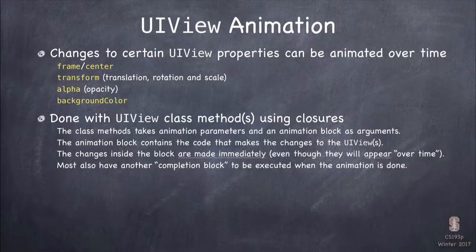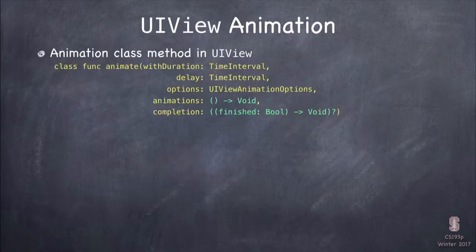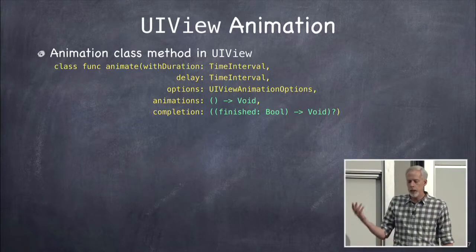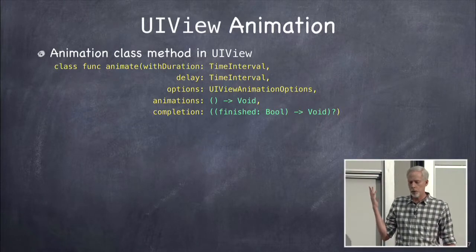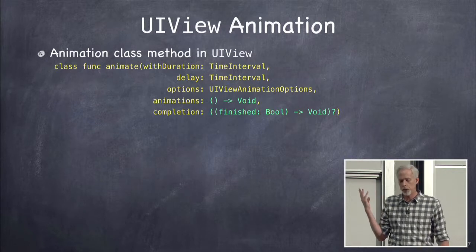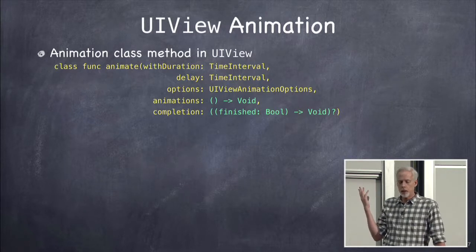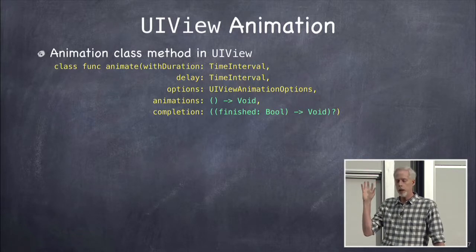Now, this animation of these vars is done using a class method in UIView that takes closures. And inside these closures, you're going to change these values. What the class method is going to do is animate those changes that you make. So let's take a look at one of these class methods. This one's called animate with duration. And you can see that it takes these two closures right there. You see the two green closures. And in the first green closure, you change any of those special vars: frame, center, alpha, et cetera.